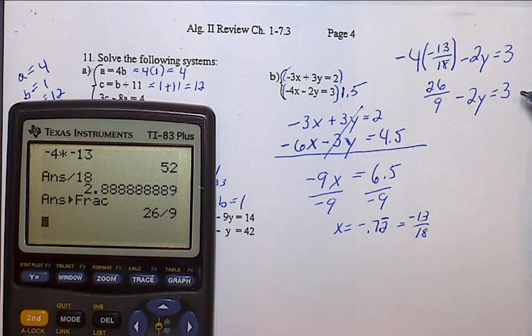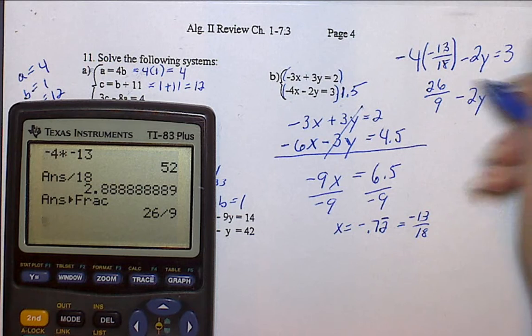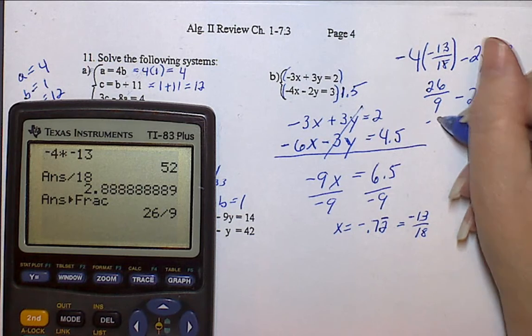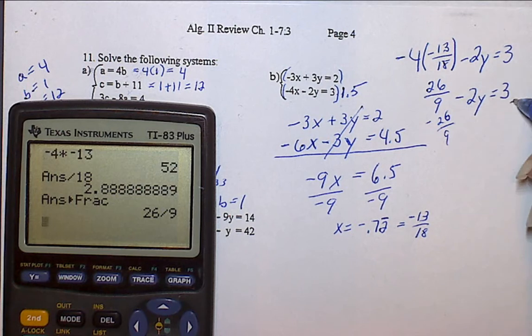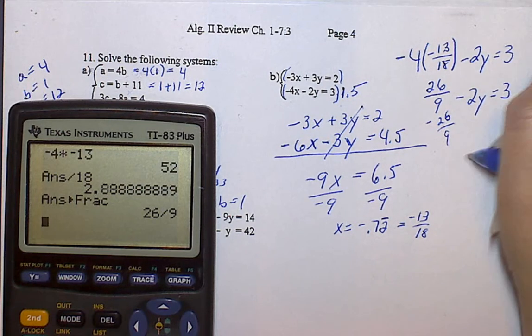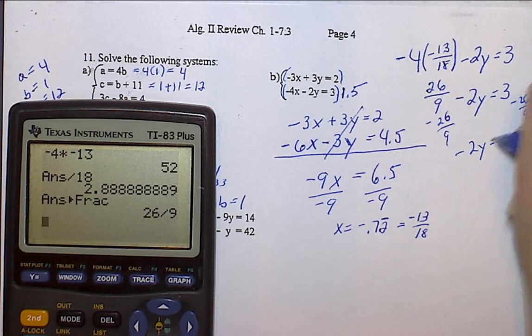Now the reason why I keep finding out the fraction is because if we keep rounding, it's not going to give us the right number. So you don't want to round until the very end. So I'm going to subtract 26/9 on the other side. So I have negative 2y is equal to, again, 3 minus 26 divided by 9,